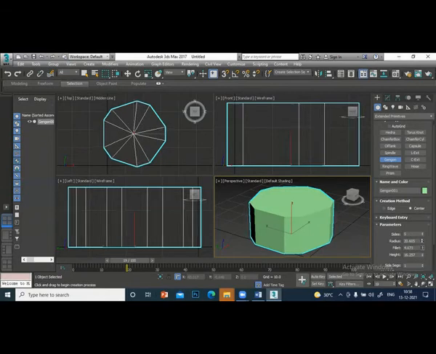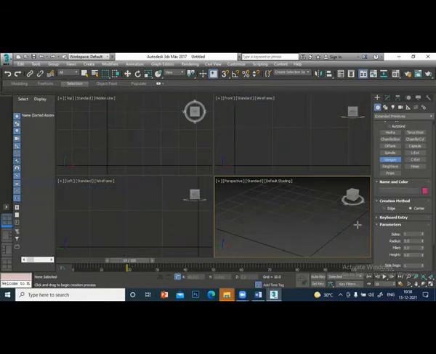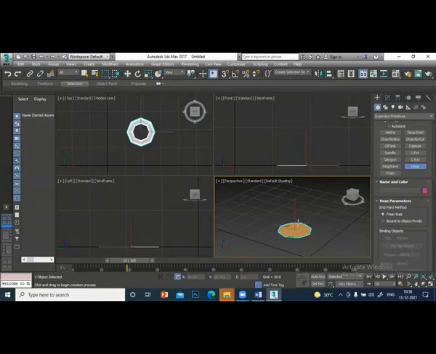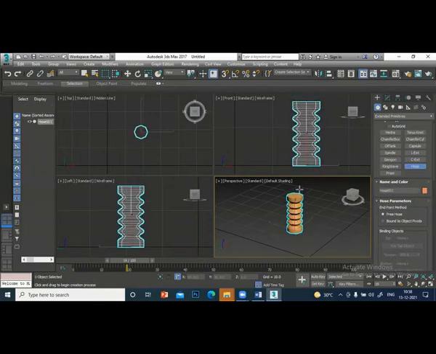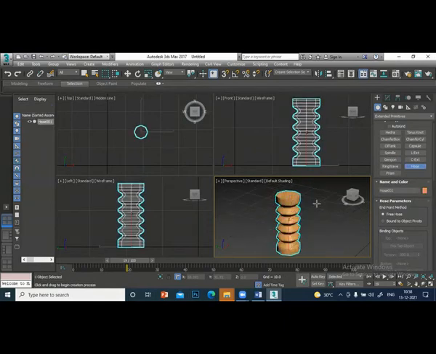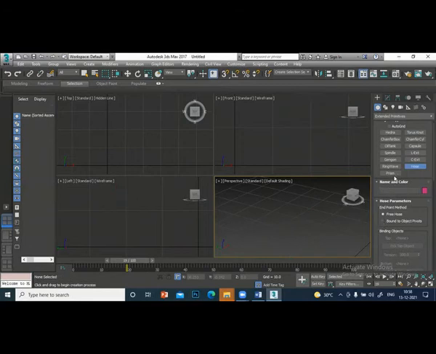The fillet you can change from here. Ring beam. This is hose. You can see it's a hose type of object. You can change the parameters and try. Prism.